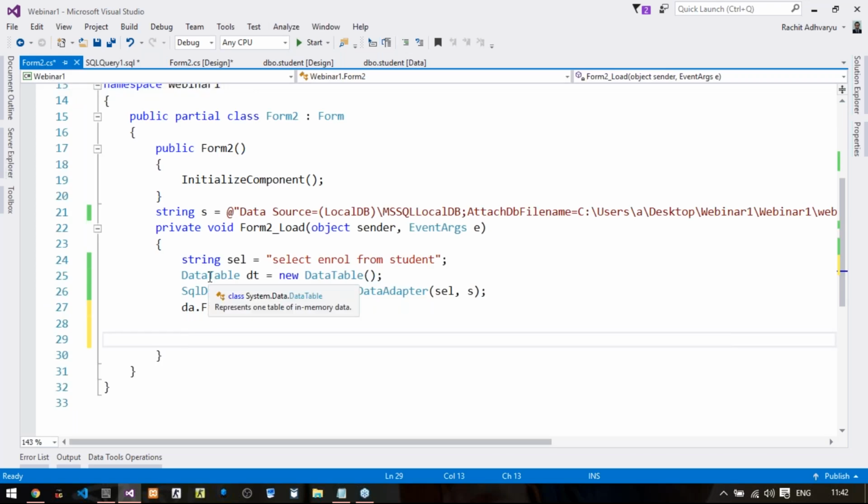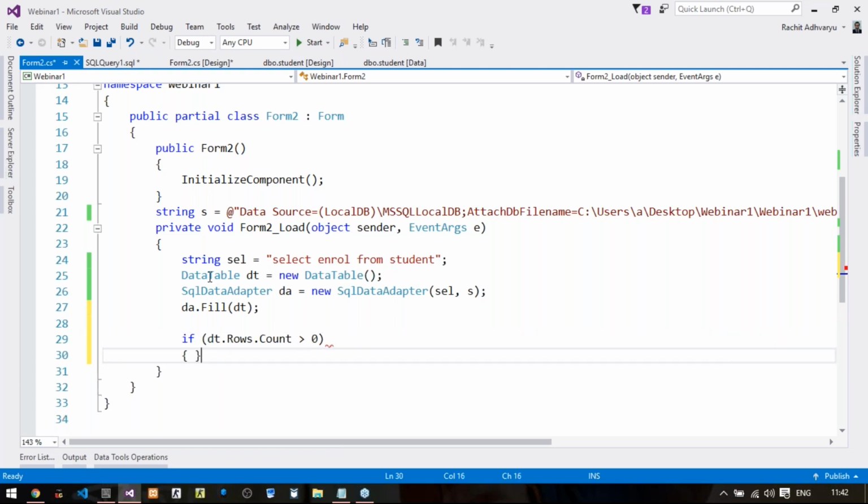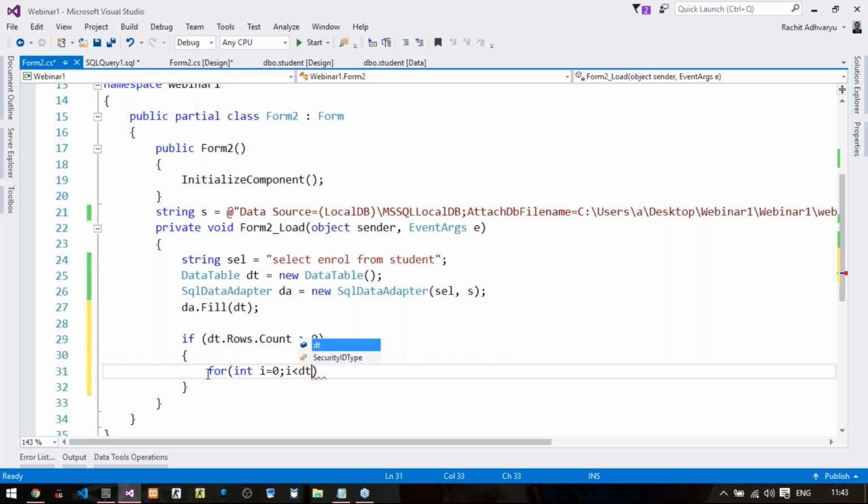So I will write if dt.Rows.Count is greater than 0. That means if my data table contains any rows, then execute this part. Otherwise, we are not concerned. So here, for int i equals to 0, i less than dt.Rows.Count, i plus plus.